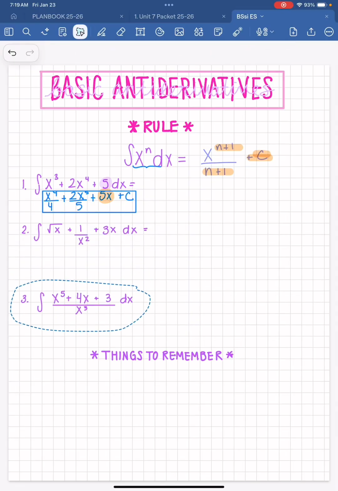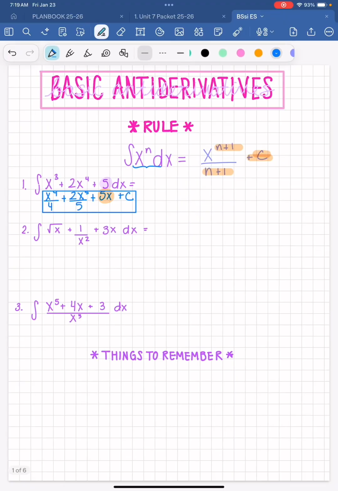All right, this next one, I need a little bit of space. So my suggestion to you is anytime you see roots, turn them into fractional exponents, and then we're going to take these fractions and bring them up and negate the power. So this is going to be x to the 1/2 plus x to the negative 2 plus 3x dx. Remember, whatever's in between the integral symbols, the integrand and the dx, we have to anti-derive it. So we're going to add 1 to the power. When you're doing this,